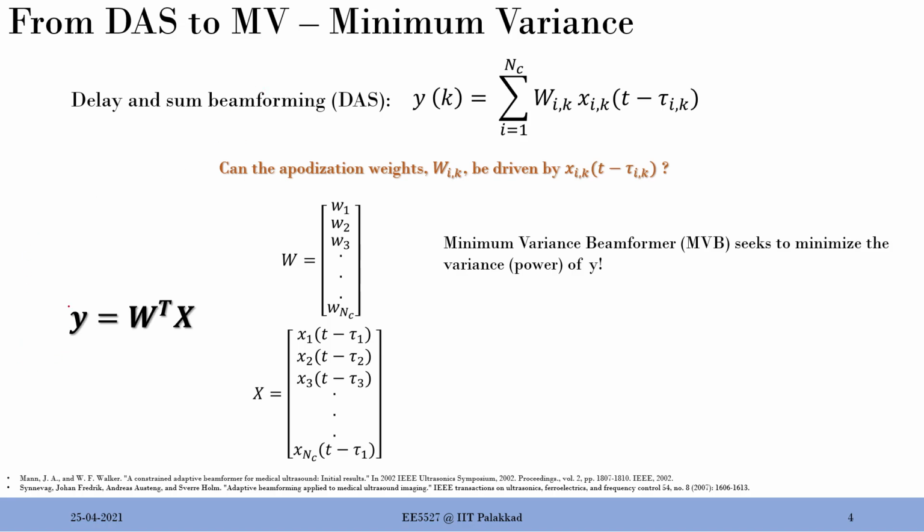So Y you have here, so this is the expression for Y, of course, but minimum variance tries to reduce the variance of this Y, and we already know that this is sort of RF data, so it is centered at 0. There is no DC component to start with because it is somewhere at some frequency f0, so there is no problem there. So variance means just the square of this particular value Y, right? So variance means power of Y. So basically I want to minimize the power of Y.